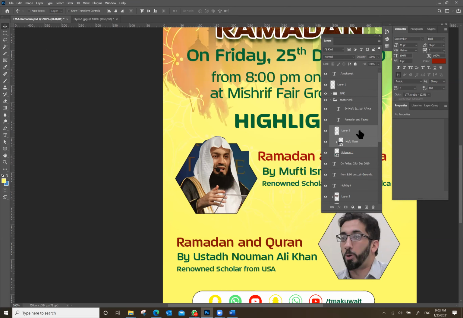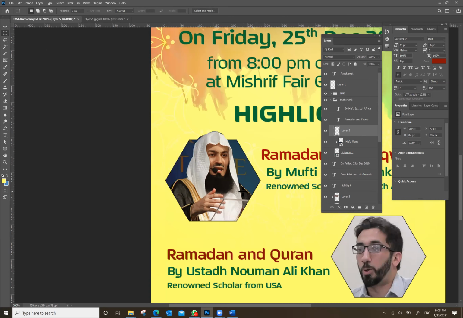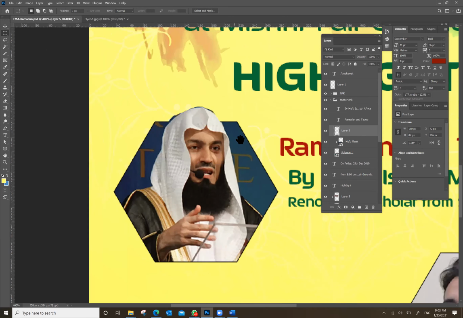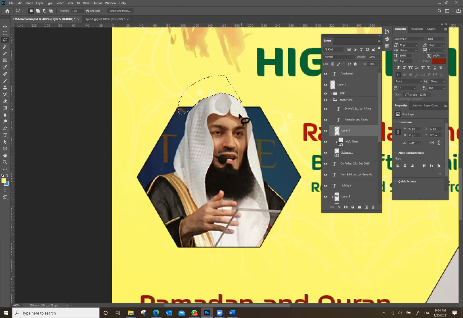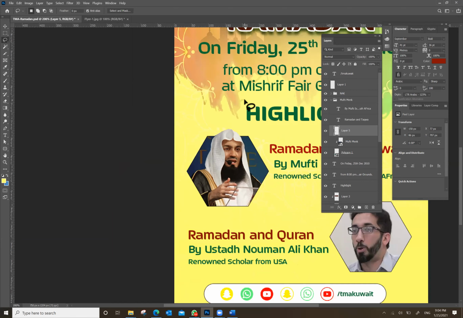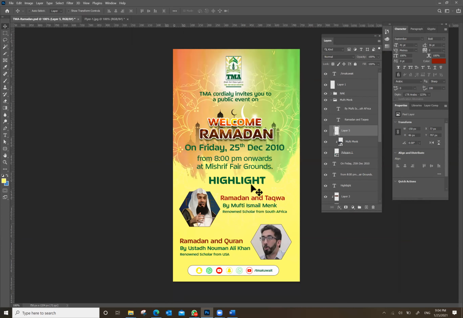So now you got a special effect in the speaker picture. If you select it properly, this will look very nice. For example, let me remove carefully. It needs a little time, just to show you guys. I will remove this part and I will remove this. Okay. See, it's as if he is coming out of this box.